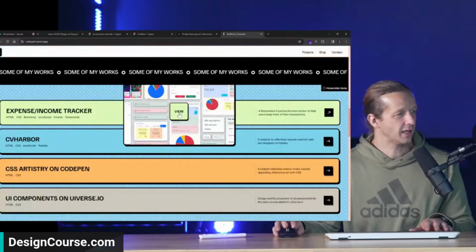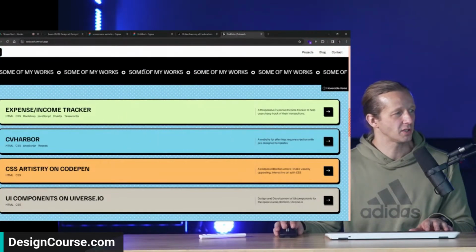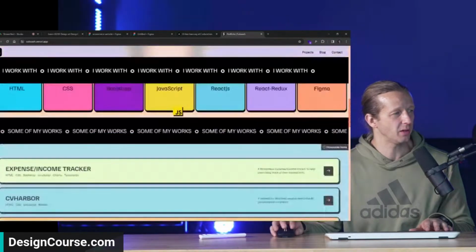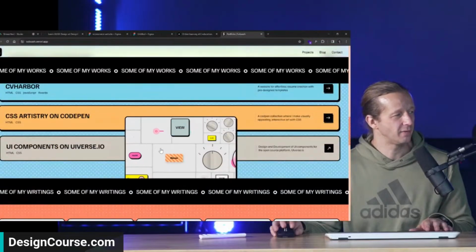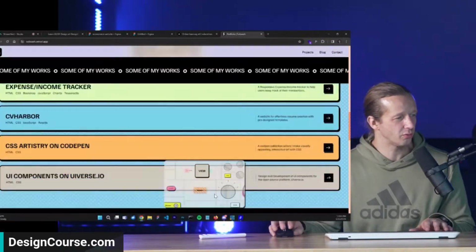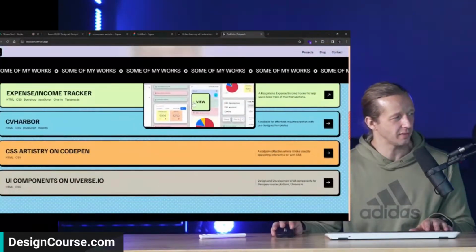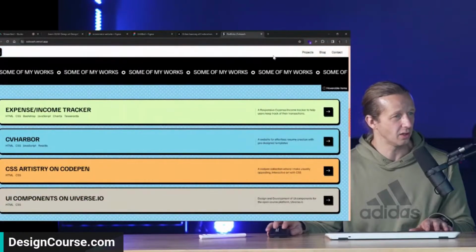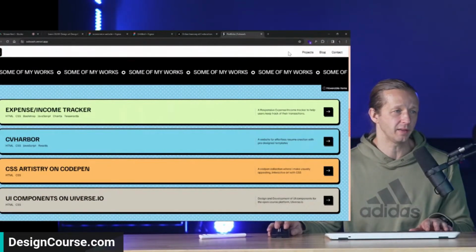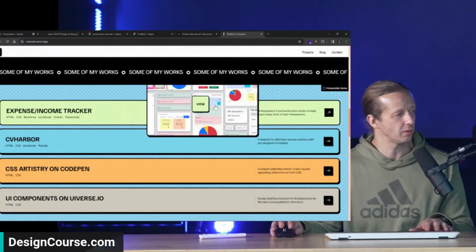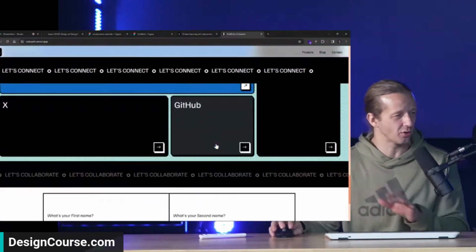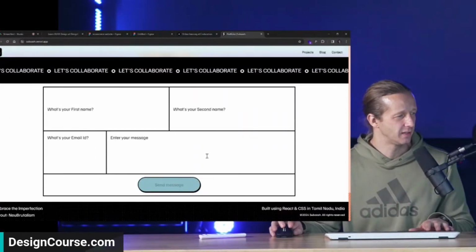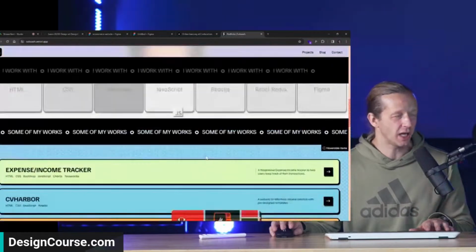Now I feel like things are, for instance, some of my work is being right here, and it's taking up a lot of space like that. It feels like there's not enough room in this section because a lot of space is being consumed by this navigation and this thing beneath it. So it's just one little critique here. I would say that's probably the part that needs change the most.